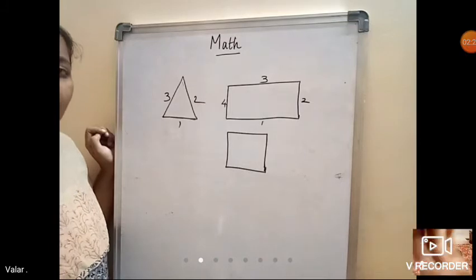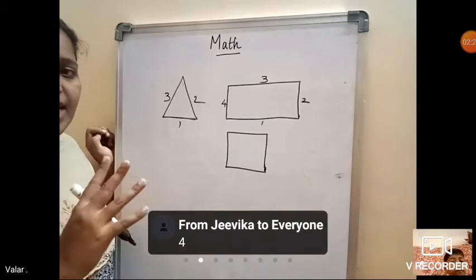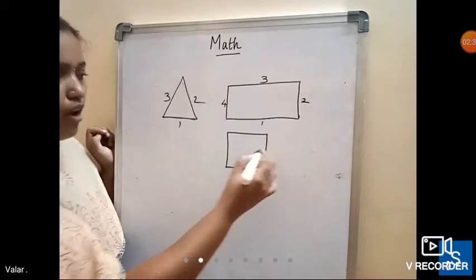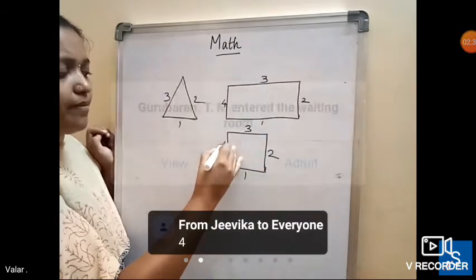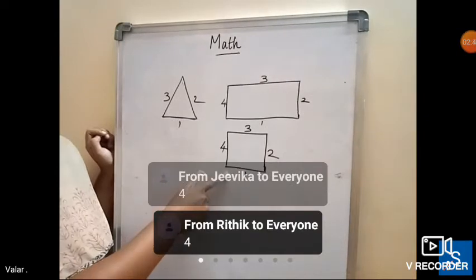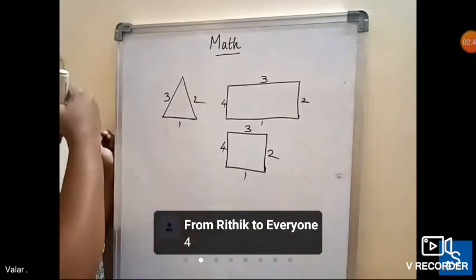How many sides are there for a rectangle? Four sides are there. Same like a square also. Four sides are there. One, two, three, four. The square also has four sides. Now you can see